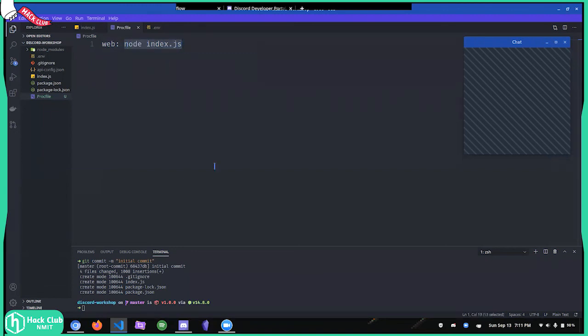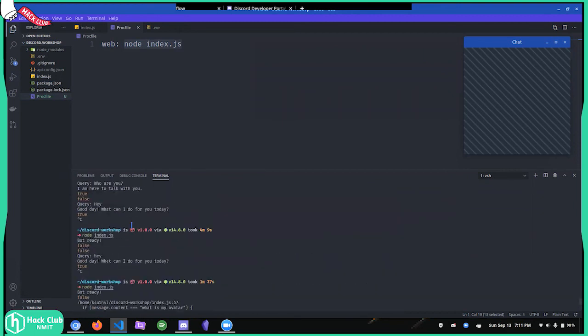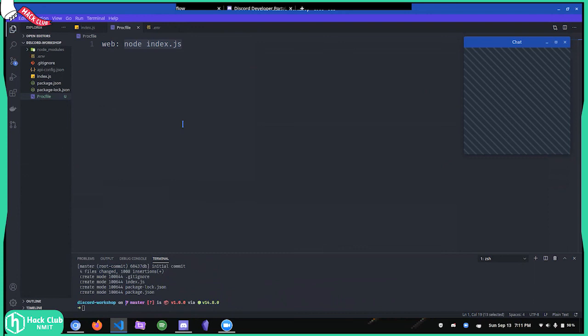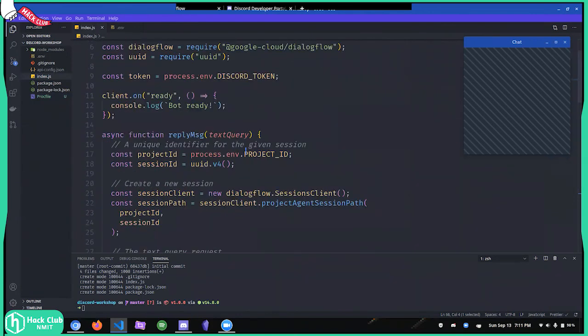This command is basically the same command we've been running down here. As you can see, node index.js, here node index.js. So instead of running this command on your local machine, you can just run it on the server. That's the difference between running it locally and on a server. The existing bots deployed for people who use Discord, there are a lot of them, you know that, right? All these bots are deployed on AWS, Google Cloud, or somewhere similar. I've given Heroku as an example, but you can deploy it anywhere you want. It's just like a node server for the people who know JavaScript.